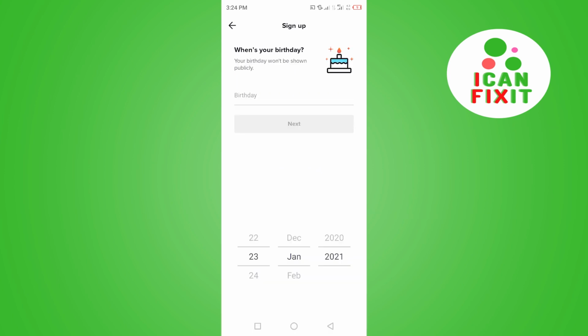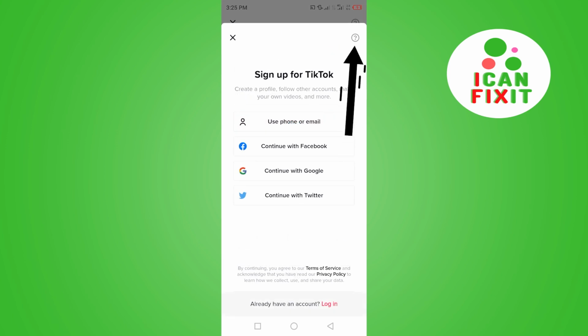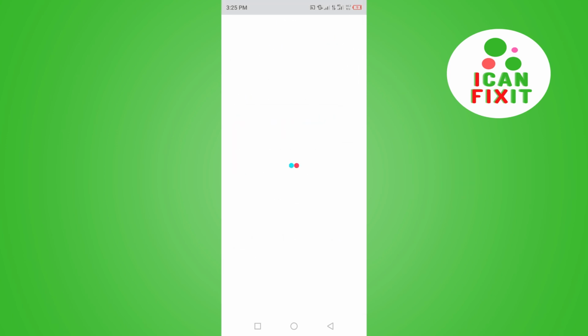Two reasons could be why TikTok has refused to allow you to sign up an account on their platform. So one of them is age. If you are finding it difficult to sign in, that means you are below the age of 16 and TikTok won't allow you, okay? What you want to do is to click this question mark sign here